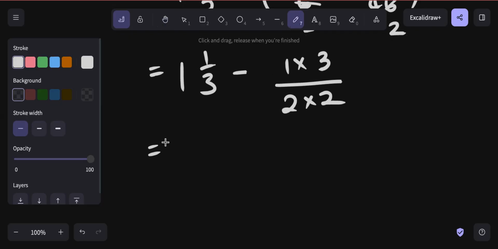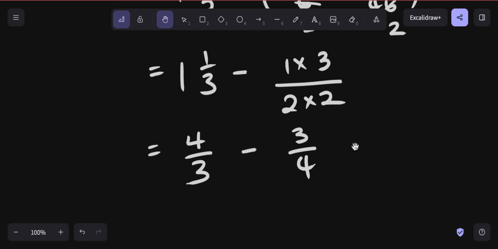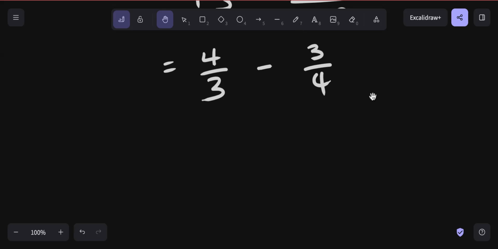All right, so what we end up with here is subtracting something from something else. I'm just going to rewrite both of these terms, of course. This is our mixed number we're converting to an improper fraction: 3 times 1, 3 plus 1, 4, minus 3 over 4. And all we have to do now is what we're accustomed to, which is just adding